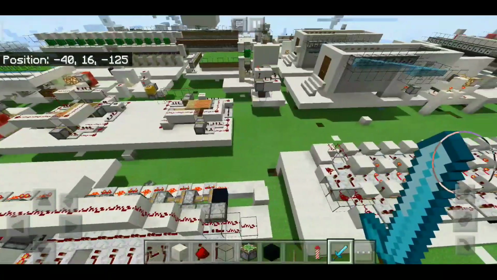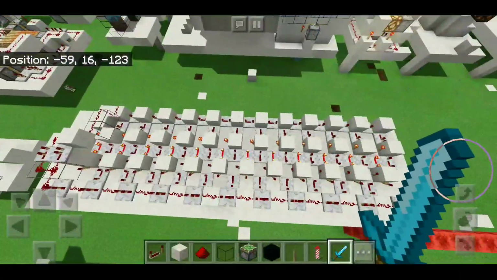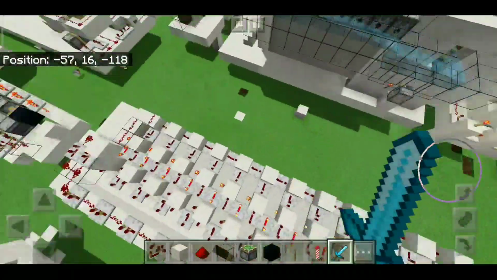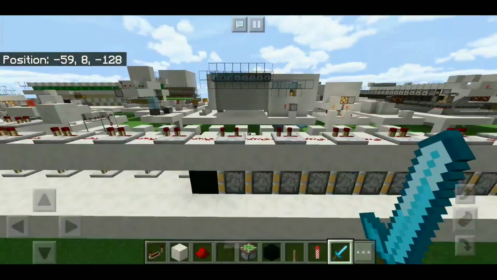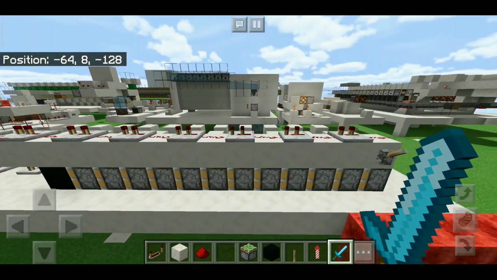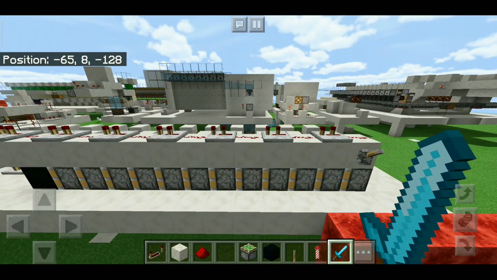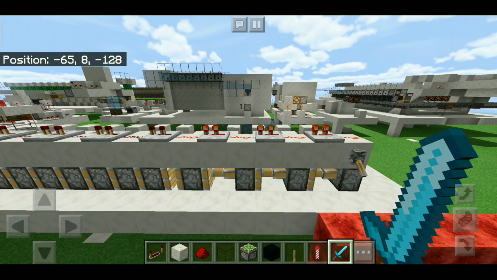This is also an infinitely expandable piston extender, but purely based on redstone. This design is by Ken2000. Make sure you check out his YouTube channel. I'll add the link in the description. So basically, it extends,